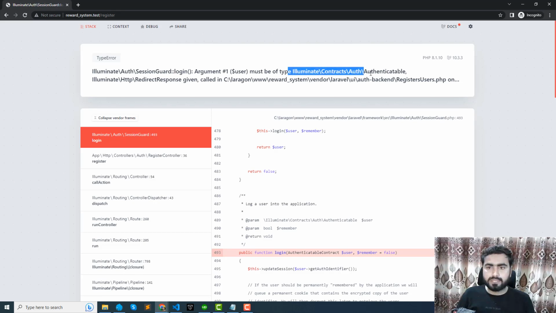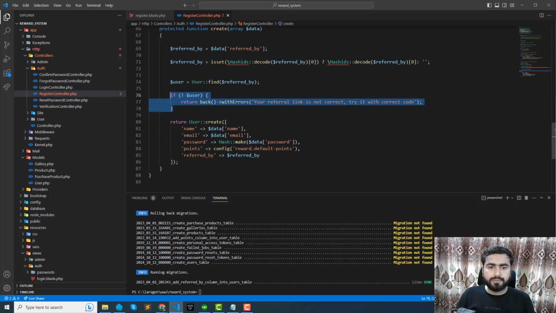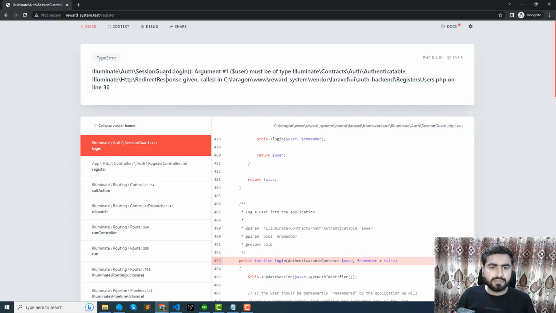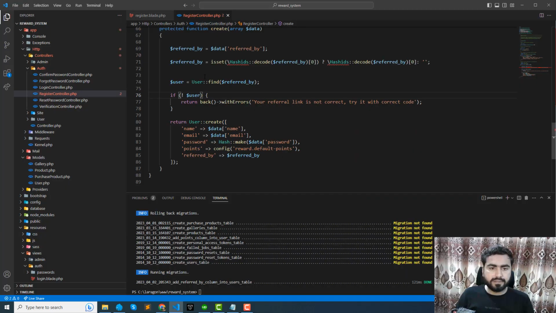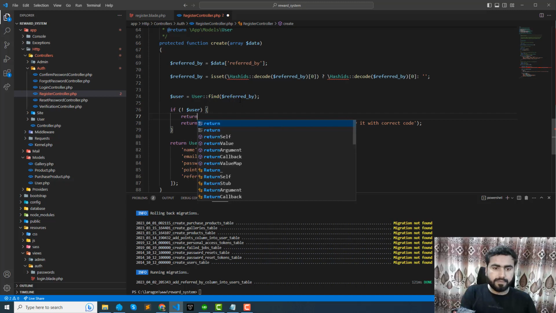Login time before must be type authenticatable. Okay. So here I'm throwing this error, that's why it says must be of type authenticatable, right. So here I need to throw some exception. I cannot return back this user because I'm inside this, which is passing this to the event. So here I need to return, what's the exception? Throw